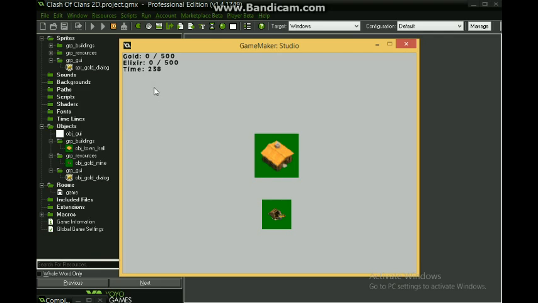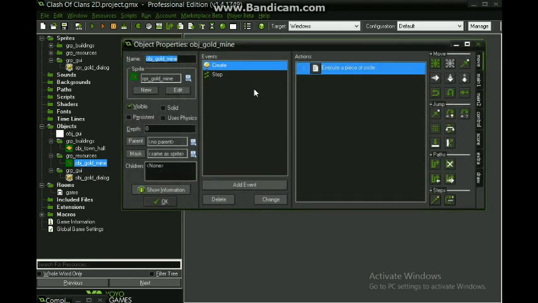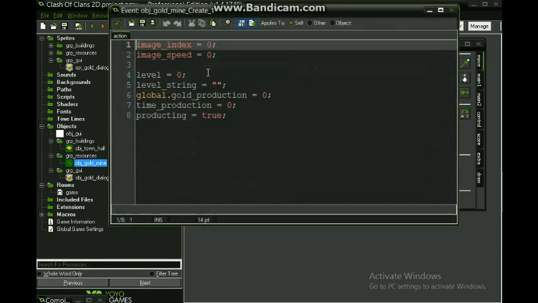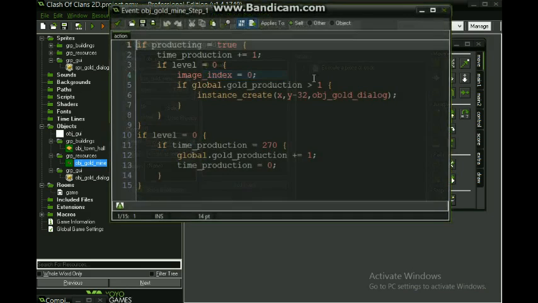Okay, still nothing. If global.gold_production, is it global.gold_production? Yeah, I think it is.